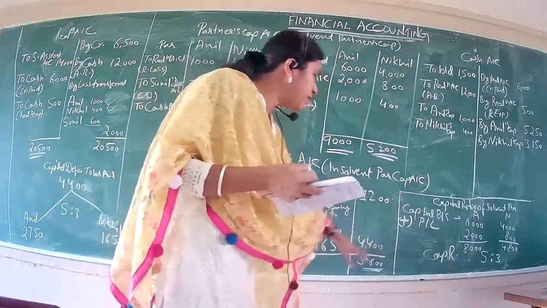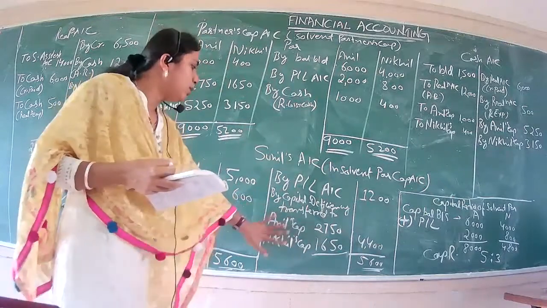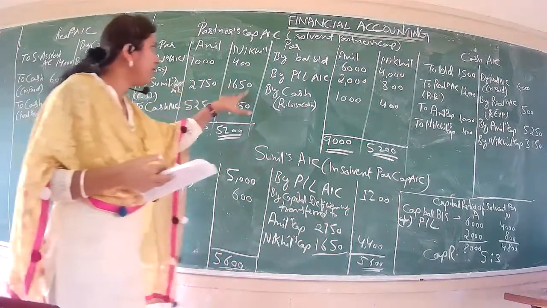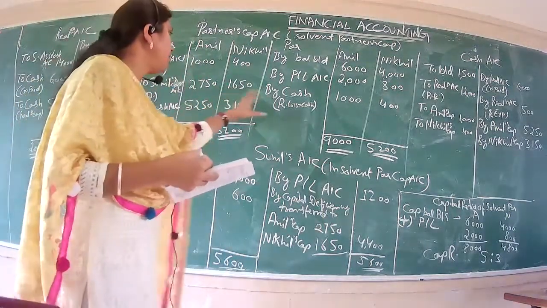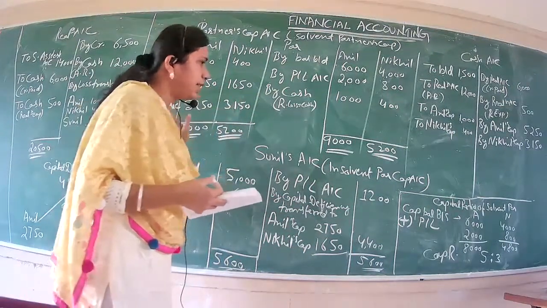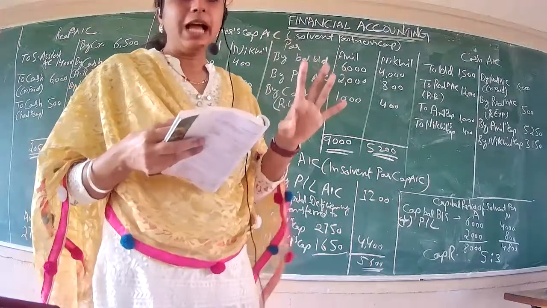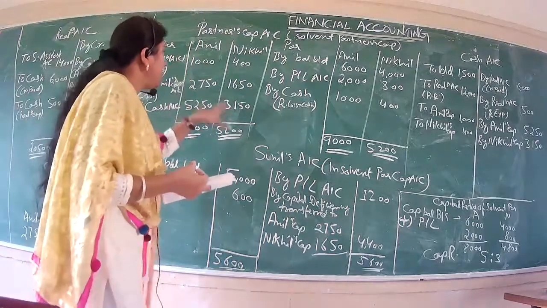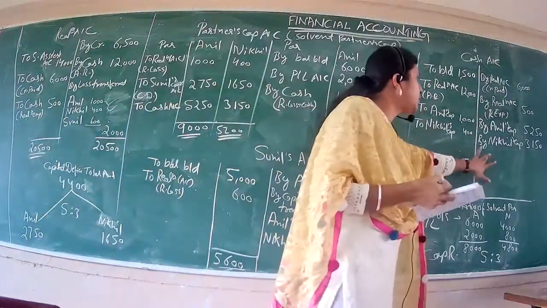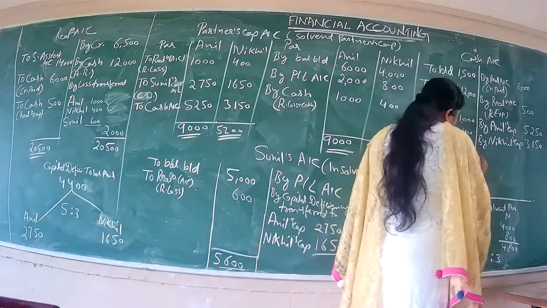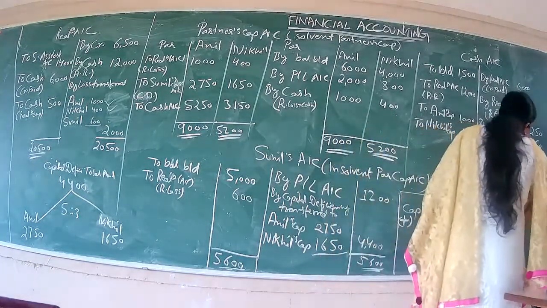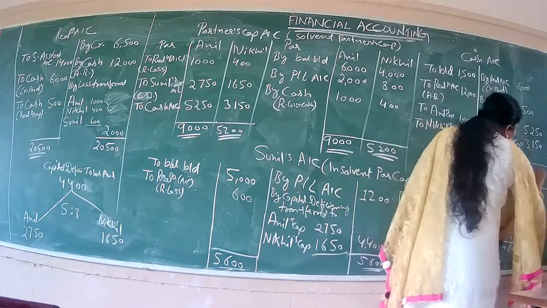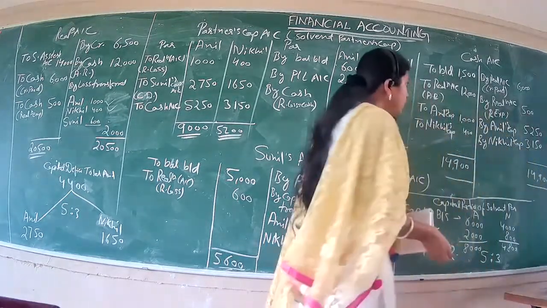Same, we made the entry here and closed the insolvent partner's account. And the counter entry of this capital deficiency we brought into the solvent partners' capital accounts, 2,750 and 1,650. And then after that we just calculated the balancing figure. That means at the end, how much they should get from the firm. Okay, so they are going to get 5,250 Anil and 3,150 Nikhil, and then again the counter entry in your cash account. And now the last step, what did I tell you? If the cash account balance tallies, then whatever we have solved, we can say it is perfect. So the total of your cash account is going to be